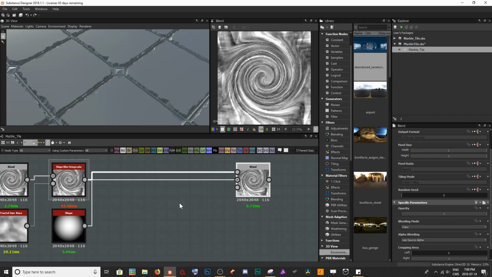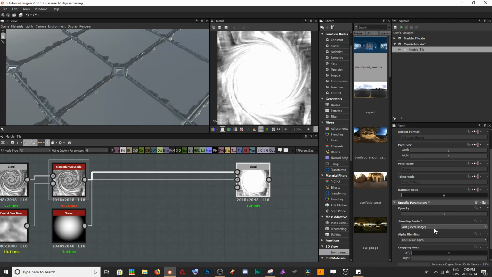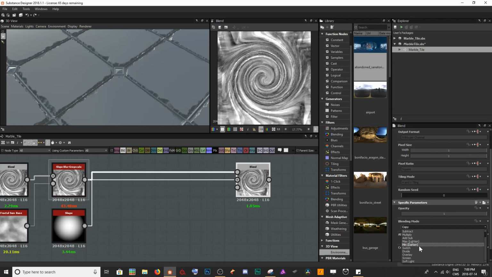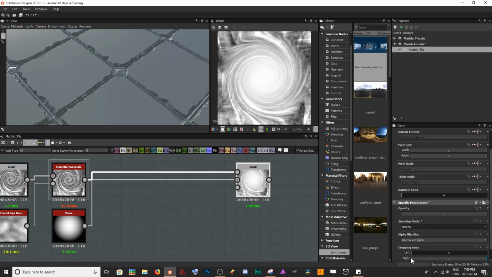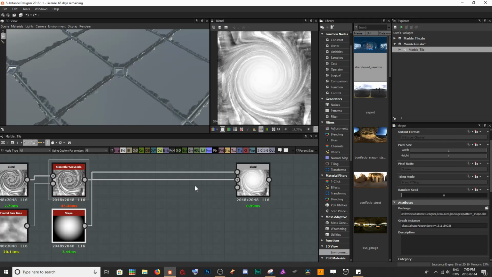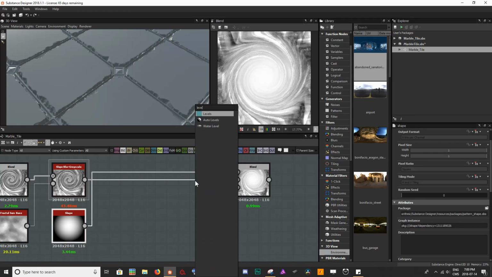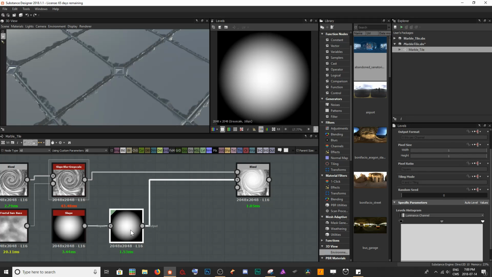And so right now it's not going to do anything, and that's because we need to come down to our blending mode and we need to change it to screen. And so now that's going to give us a nice lighter value in the middle, and towards the outside of our texture it's going to fall off. However, I like to have a little bit more control over this, so I'm going to add a levels node onto our shape here,